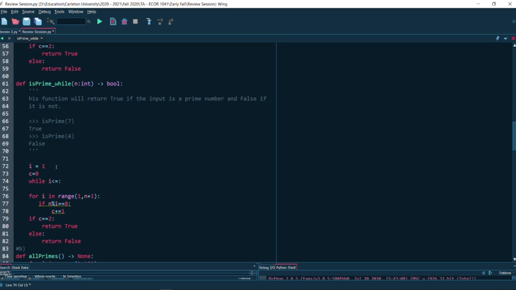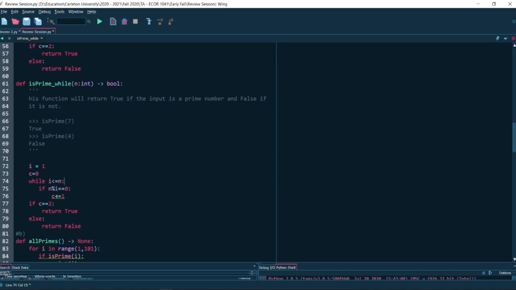Let's keep it as n plus 1. Sorry. If you can see, these are really similar, because I'm going from 1 to n plus 1, and here I'm still going from 1 to n, except I can write this two ways. I can write it as less than n plus 1, or the easier, more visual way is to just say less than or equal to n, because that's what you do in real life. And then the rest of the program, I don't need to change.